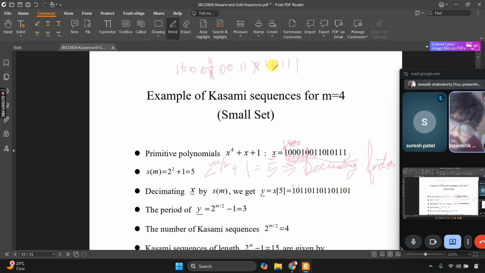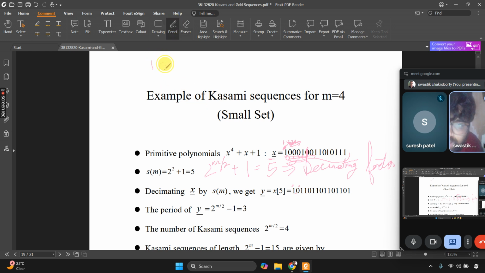Sorry, we are not deleting here. This decimation does not work like that. Sorry, I got it all wrong. My apologies. Basically, instead of deleting, what we will do is we are deleting in one way, but we are taking the deleted sequence instead of taking the whole remainder sequence.